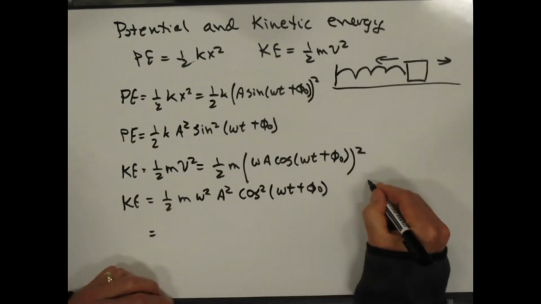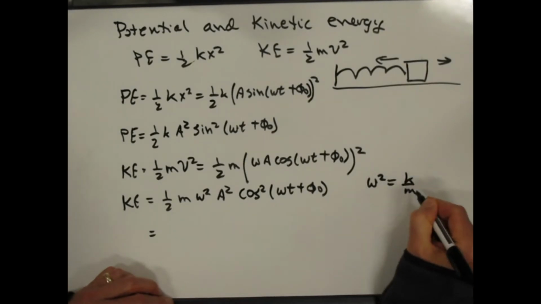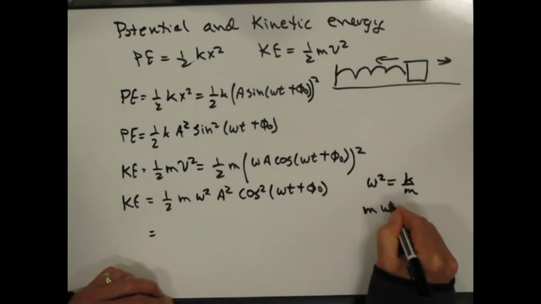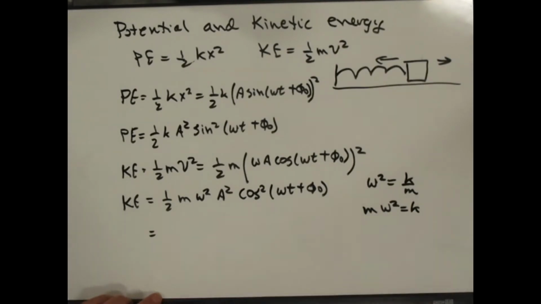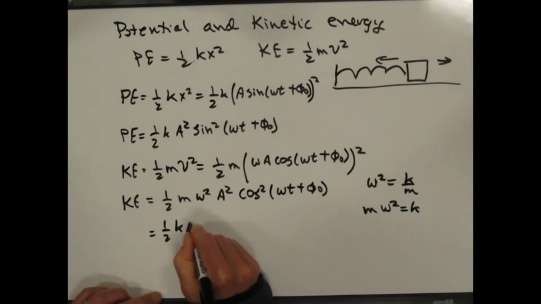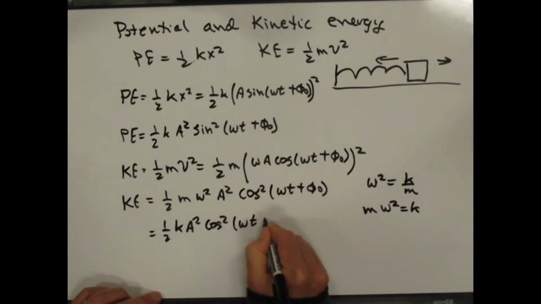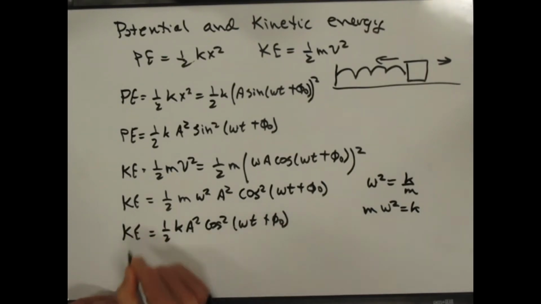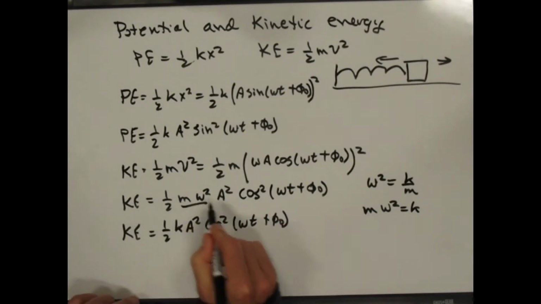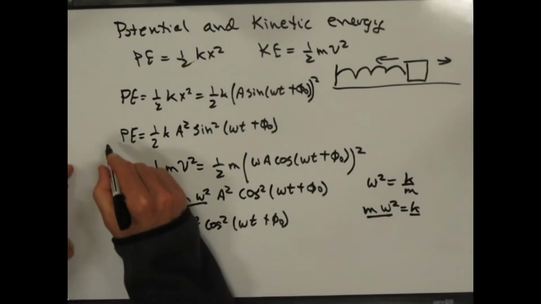Well, we already said that omega squared is equal to k over m. So m omega squared is equal to k. And so this becomes 1/2 k A squared cosine squared of omega t plus phi naught. Are you with me? I just replaced these guys with k. And now if you look at these two terms,